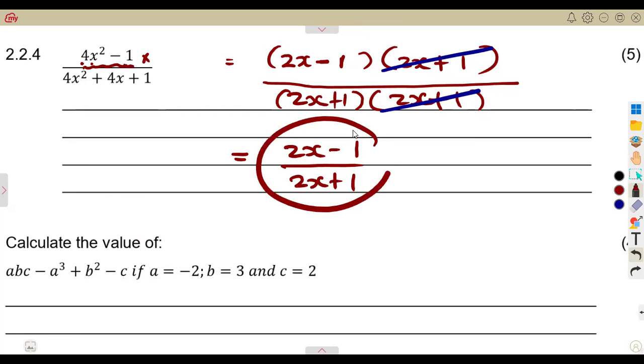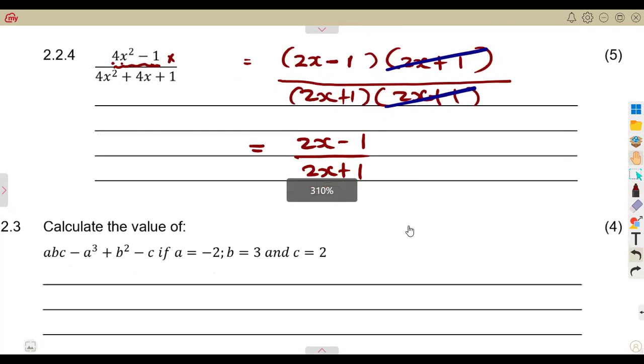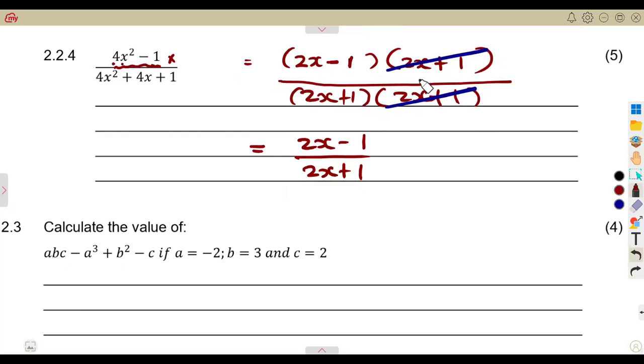like this. So these cannot be canceled. Never be tempted to cancel these because they are different. They are separated by different signs. It's an expression on top, another expression below. So it cannot cancel. But if it is a term or when it is a bracket like that, you can,